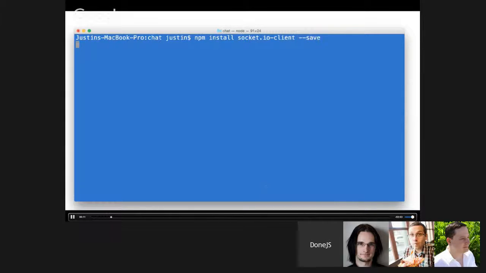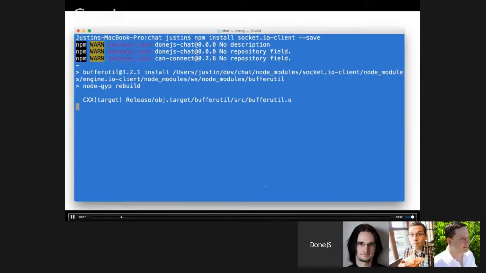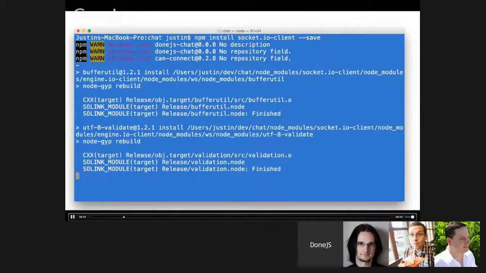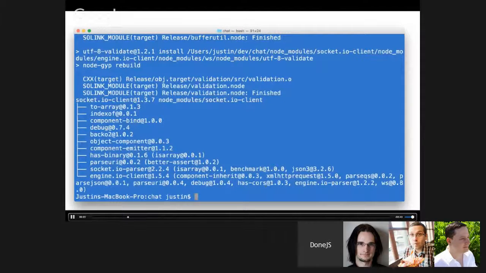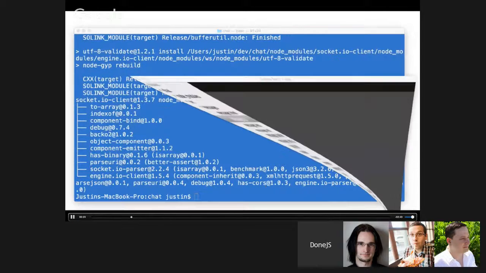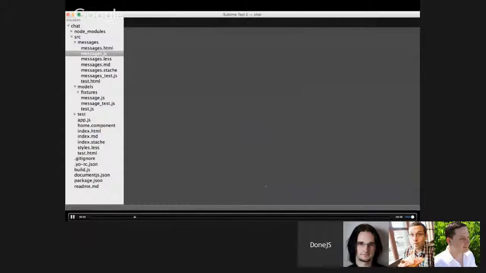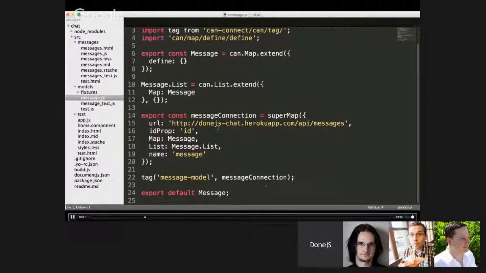And in the future, this is going to look like npm install steal Socket.io, because there's some things that we have to configure that we'll see here that you won't have to in the future. So once I've installed Socket.io, I need to connect our connection to Socket.io, or actually tell, when Socket.io gets messages, we need to tell our connection that